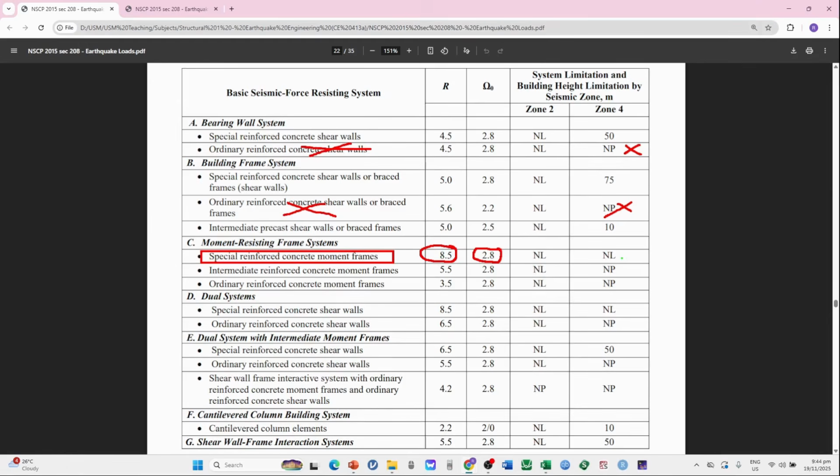So this is permitted, no. So not only permitted, but it has no limits. So we can build special reinforced concrete moment frames any height or any stories. So as you can see here,